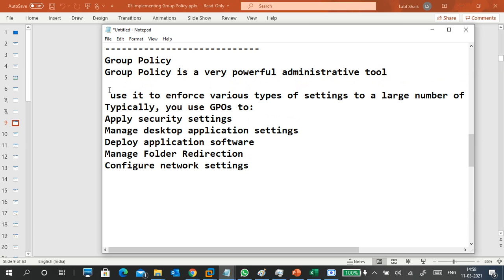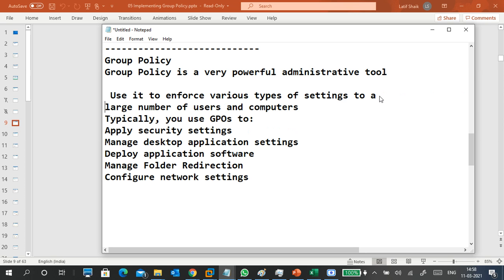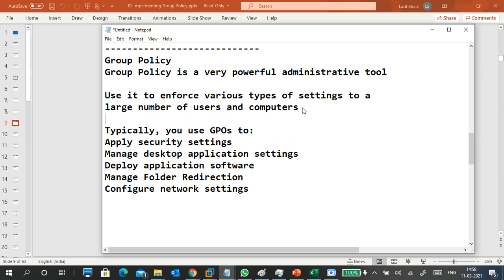So what is the use of this one? Group policy is used to enforce various types of settings to a large number of users and computers. That is important. So guys, this is a very important point.